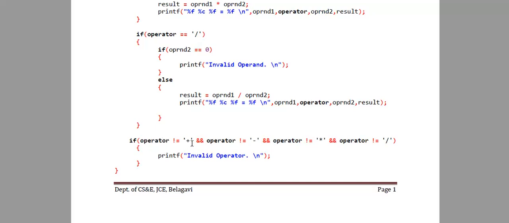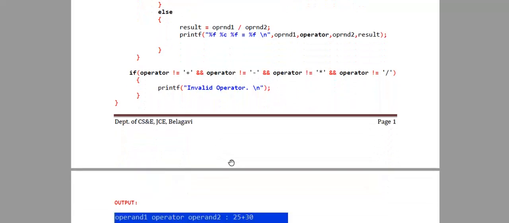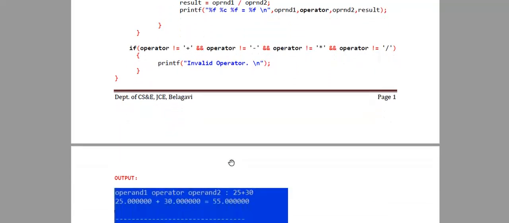Dollar is not equal to plus, minus, asterisk or forward slash. That is true, so we say it is an invalid operator. That is how we write this program: for every operation of plus, minus, multiplication and division, it does the respective calculation, and if the operator is none of those, it gives invalid operator.